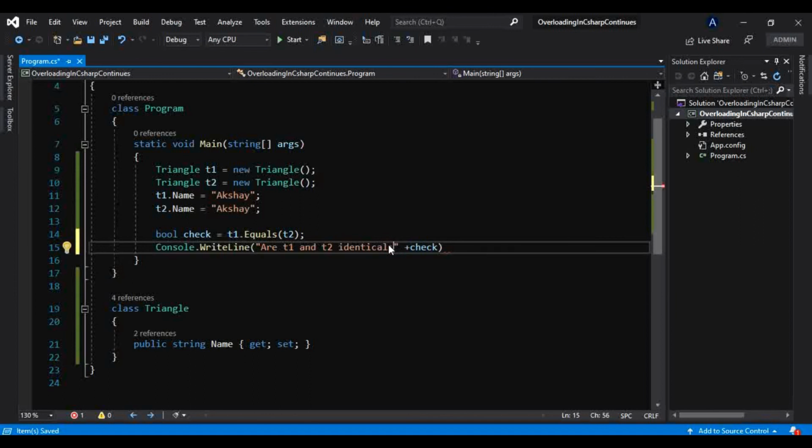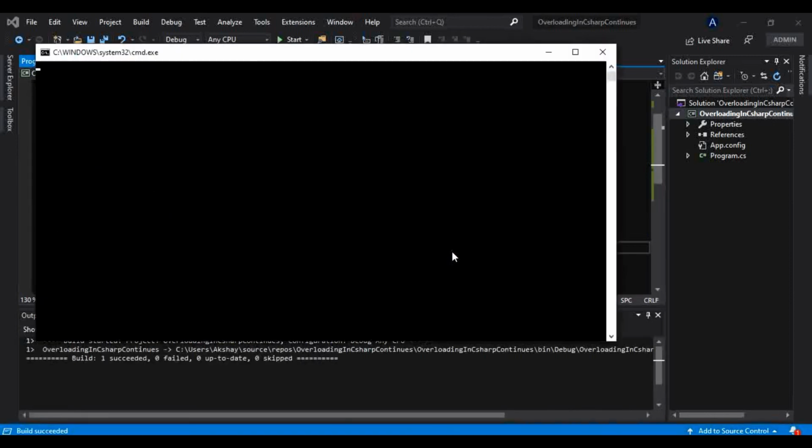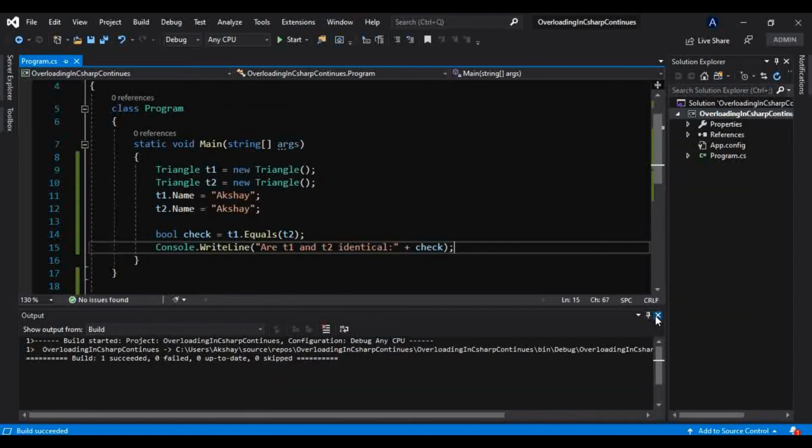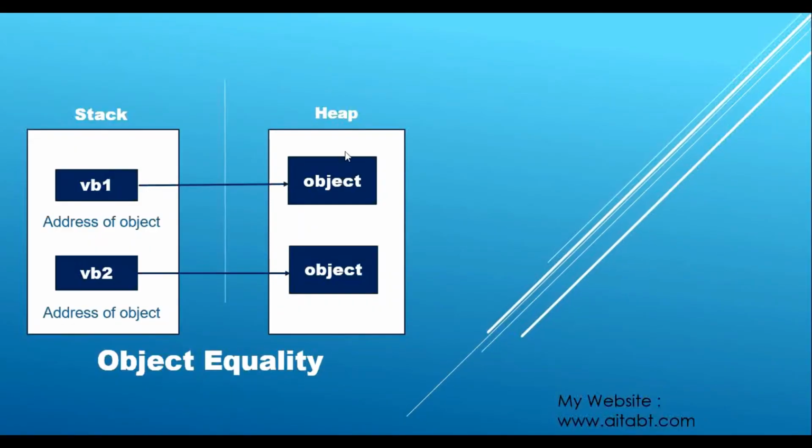If it is identical, it will print true, otherwise it will print false, and it will print false. So let me show you that. Are t1 and t2 identical? False.